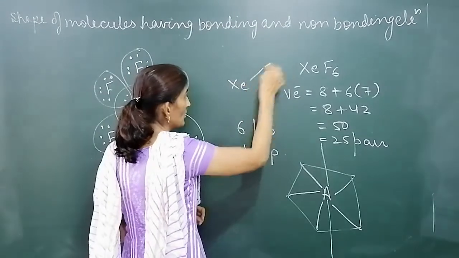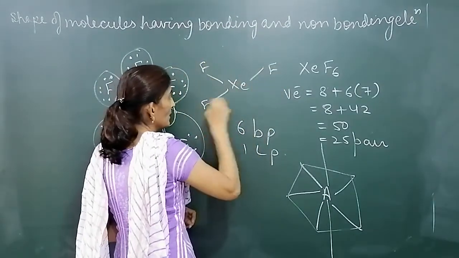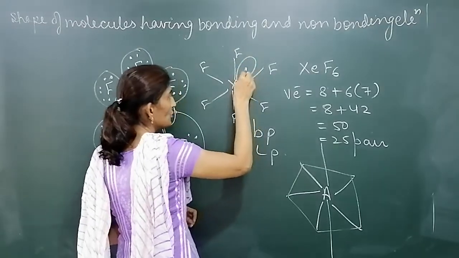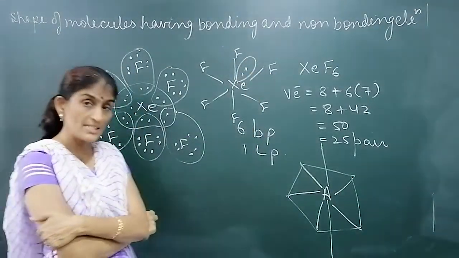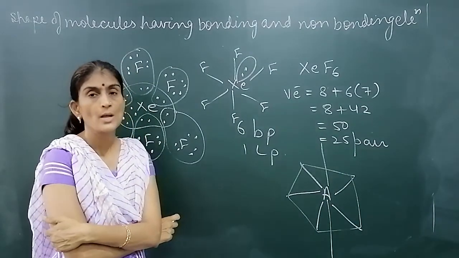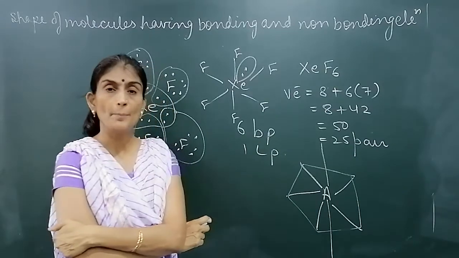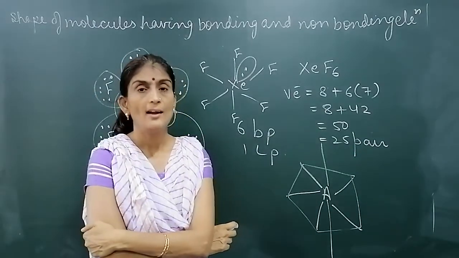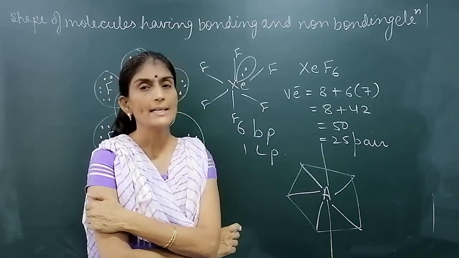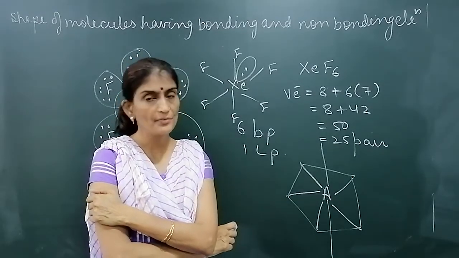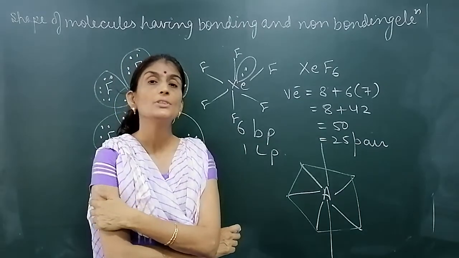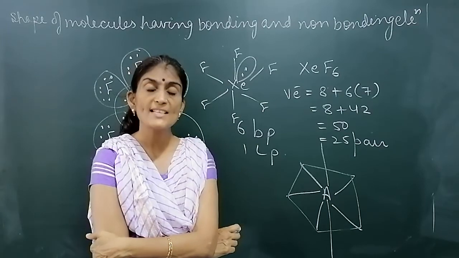Xe at the center, 4 fluorine like this, and 1 lone pair. Due to the presence of the lone pair of electrons and its repulsive effect, its shape becomes distorted octahedral. So we just have to find out how many electron pairs the central atom has. By seeing that table, these many bond pairs, this many lone pairs, we can easily find out the shape of different molecules. Okay. Next video we will talk about valence bond theory.